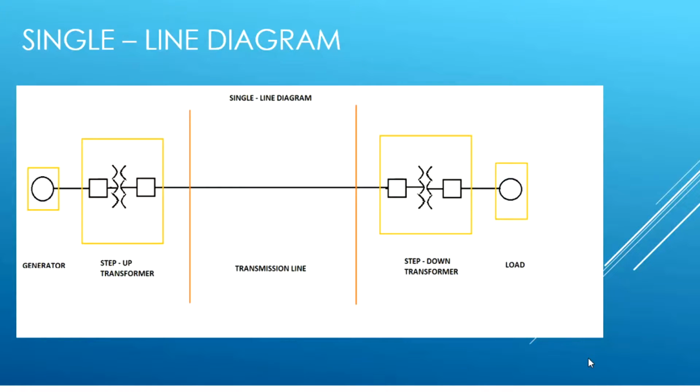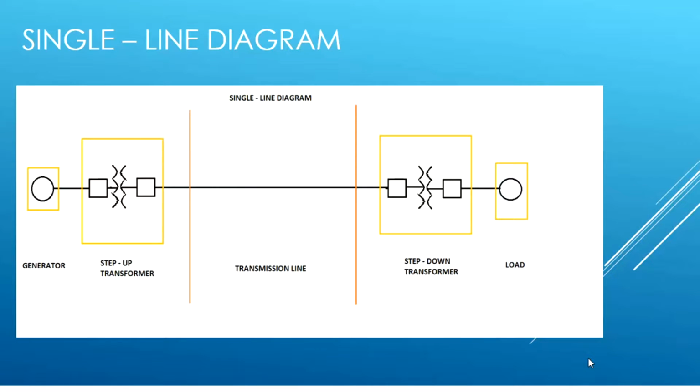Then comes the transmission line that we see in towers or at high heights. In this way, the transmission line goes to the step down transformer. Then we do the stepping down of voltage level, so we can easily get the rated voltage or needed voltage level at our home or any appliances or machineries. According to our choice, we get the voltage levels by stepping down in the transformer, and then we directly apply it to the load.